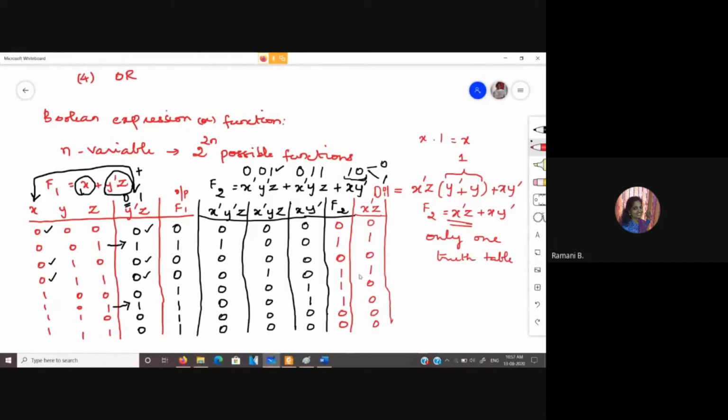So if I perform the OR operation between these two, this will give me the 1 over here, this will give me the 1 over here, and this will give me the 1 over there. This will give me the 1 over there. So for the F2 function, we are having the same values in the truth table. However, we have two different expressions for the same thing. So you could simplify any expression; however, the truth table will be a single thing. That is what you need to keep in mind.